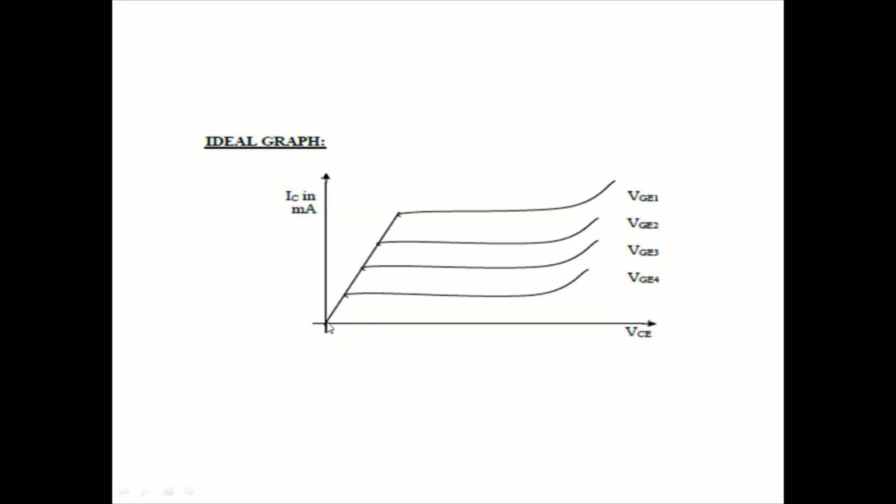Ideally, the characteristics should have been overlapping on this particular y-axis, but non-ideally, there will be a small difference as you increase the current from 0 to a value declared by the gate to emitter voltage. You will see a small change in the collector to emitter voltage. But after this turning point, you see that if you increase the supply voltage, the voltage across the IGBT also goes on increasing, but the collector current remains constant. And one more observation is that as you increase the gate to emitter voltage, the transition at which these points come into picture happens at a higher value of collector current.